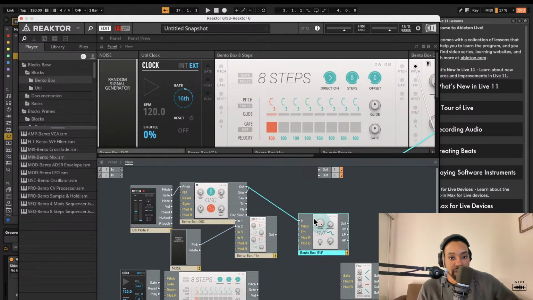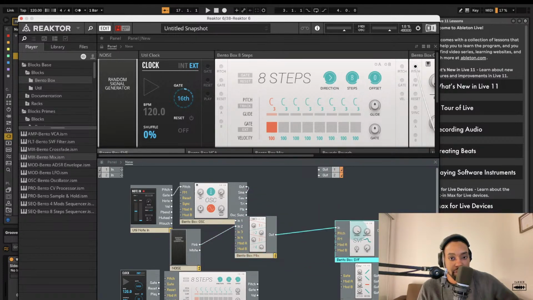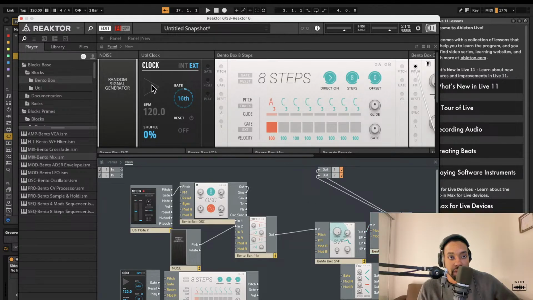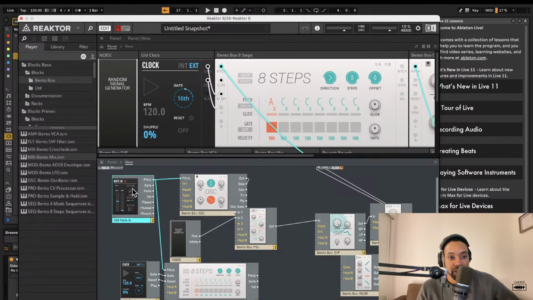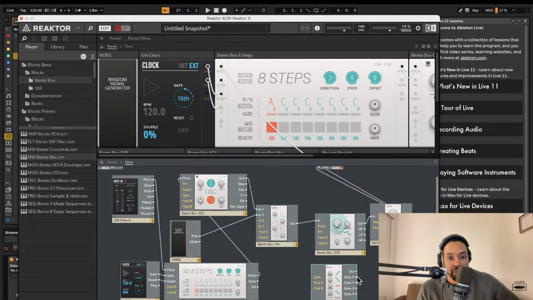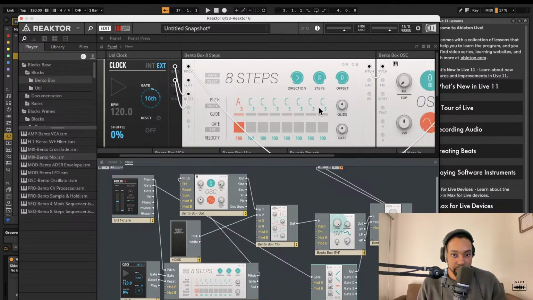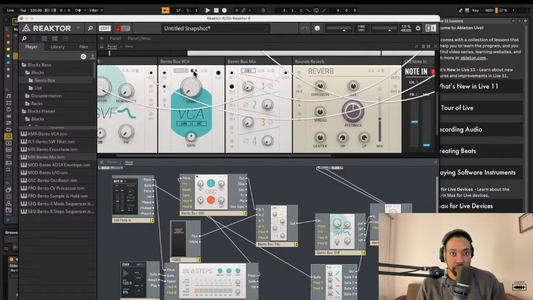mix the noise into the filter, out through the VCA, and we will then connect our 8-step sequencer. So I'm going to actually remove, this is supposed to be in pitch, but I'm going to actually remove my pitch connection from here, and we're going to feed it into the 8-step sequencer and the clock. So it's going to look something like this, just patching as I go, and we should have something that works now. I'm going to set this on,